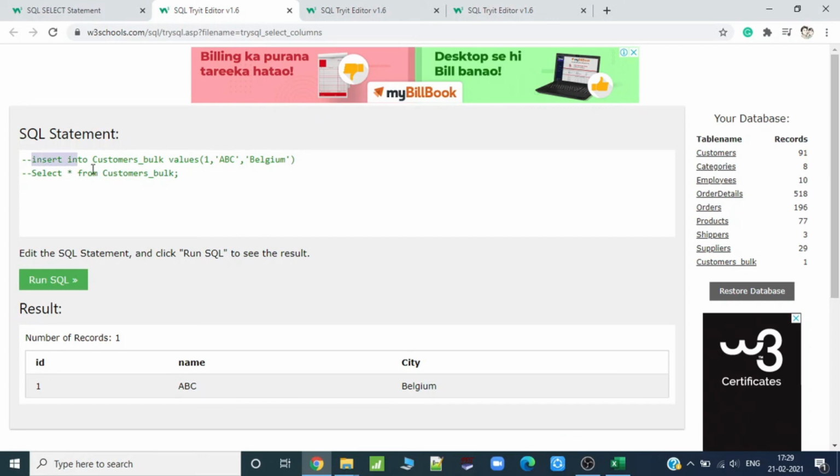I will again copy this statement, Control C, Control V, and then again I will write values only. Let's say I'm writing it in this line so that it is easily readable: 2, comma, XYZ, comma, Delhi.